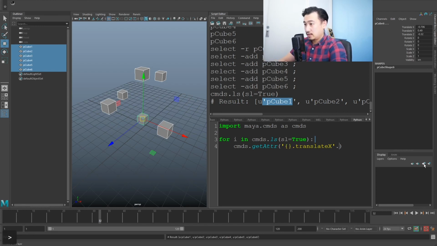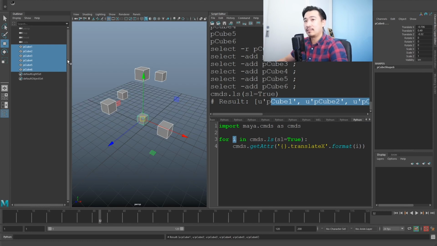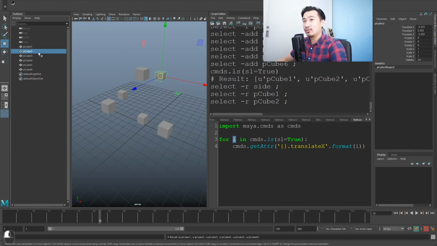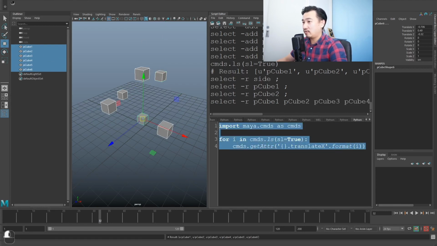So type format there, and you can put i right there like that. This i is the same as this i. It's a variable: every time it loops over, it stores the name of the object inside this i variable, and it will replace it each time. The first time it runs, it'll store pcube1 as i. The next time it runs, it'll store pcube2 as i. So basically everything you have selected. So if I run this code again,